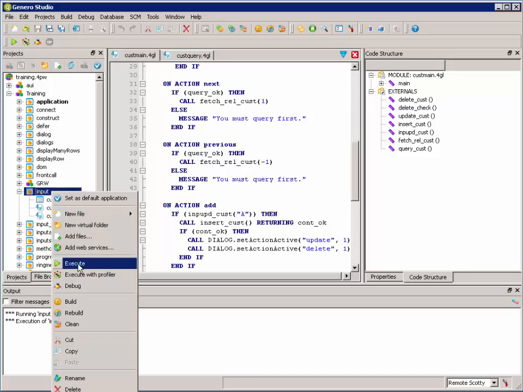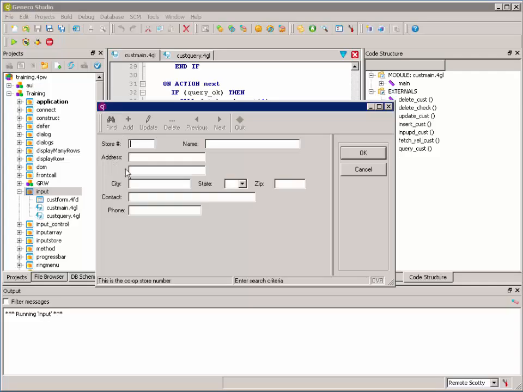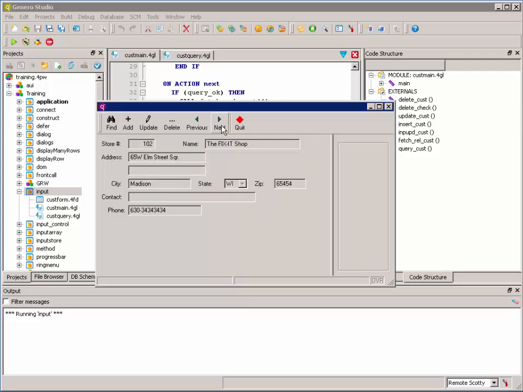Okay, let's look at this program again, but now let's look at it from the perspective of doing an update. So the first thing the user is doing is just searching through the rows or performing a query. Now when we have a row that we want to update, we can choose the update option and notice that